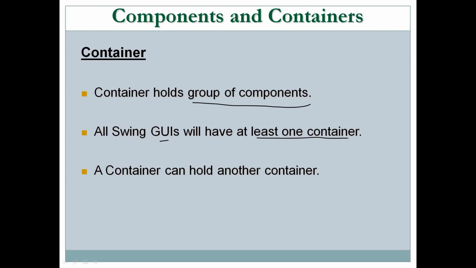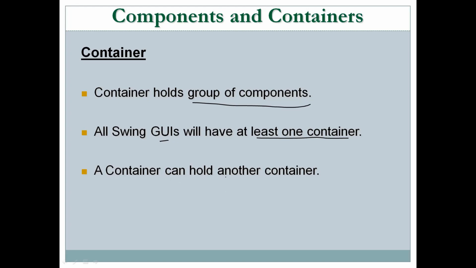So we have created even AWT applications. In AWT applications also, you can see there was at least one container. We had written applet programs. In an applet program, the applet itself, the background applet window itself, is a container. On that applet window, we were adding buttons, labels, etc. So applet is the container there. Same way, we need at least one container in the Swing program, or you can take any GUI program. You need at least one container on which you can add the components like buttons and all.